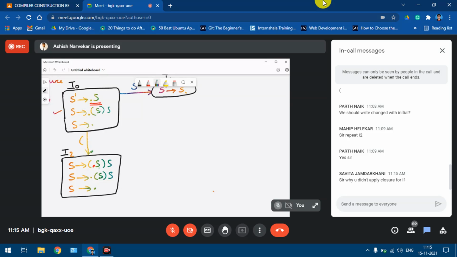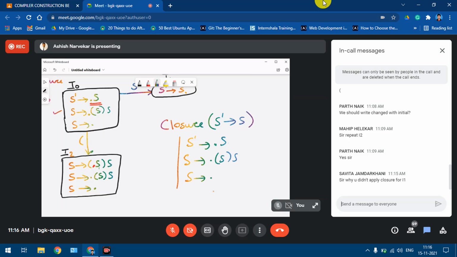Once I got this entire state I0, I'll just tell you how we started. We applied closure to S dash gives S. Applying closure to this yielded S dash gives dot S. Now since we observed that a dot appeared before a non-terminal, we rewrote all the productions of S. This is what we got.